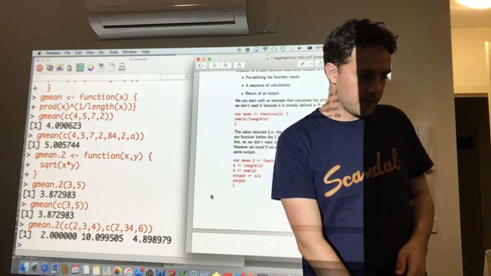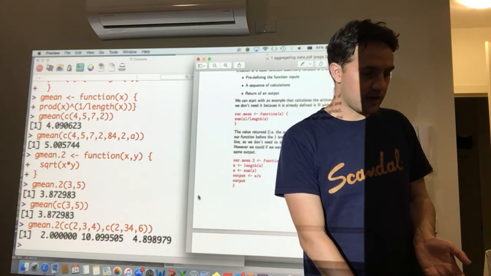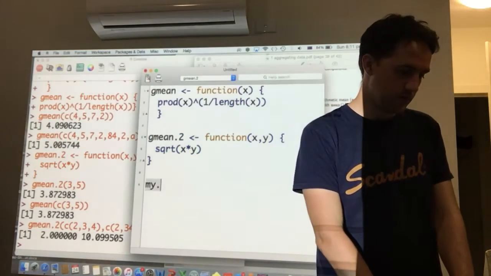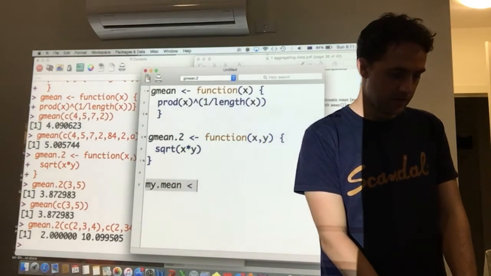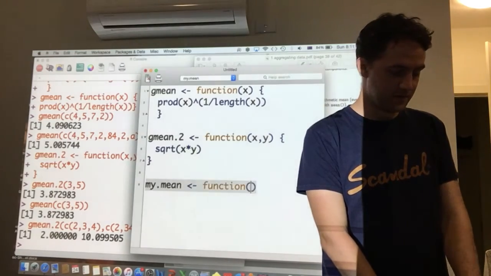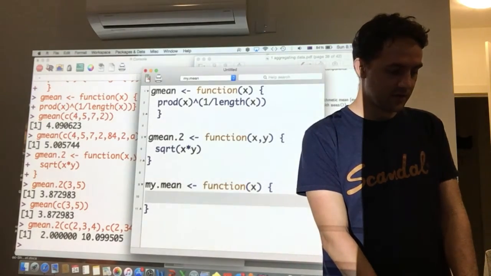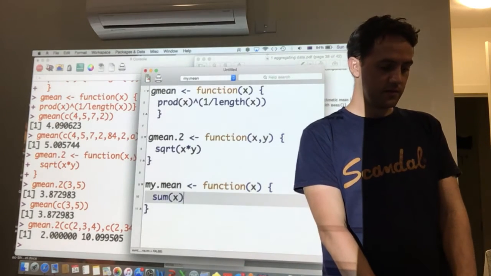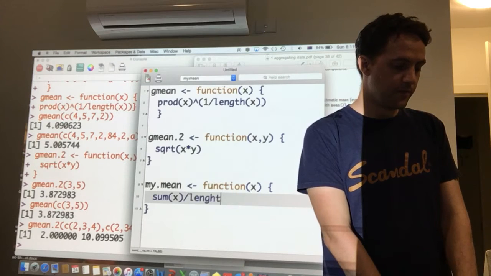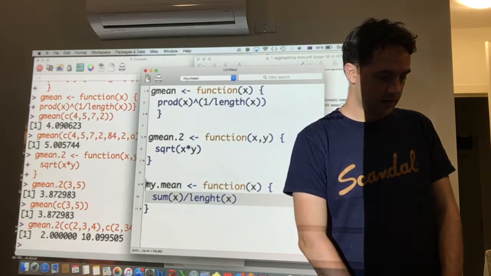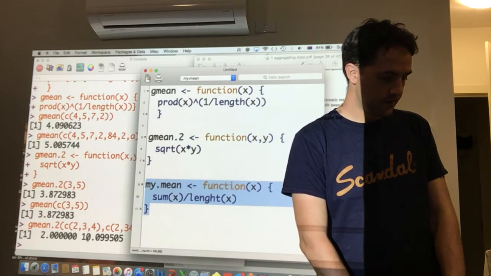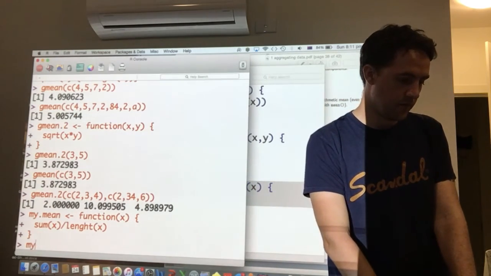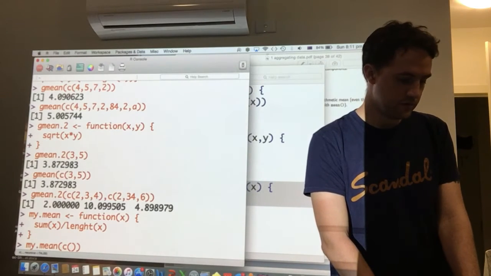Okay. So, as I said before, we can also create functions like the mean in this way. We can do my mean. Not that we need it, because the mean's already in there, but basically this would just be the sum of all my numbers, so sum of x, and then divide by the length of x. So I could have that as my function. So put it in there, and then my mean of c